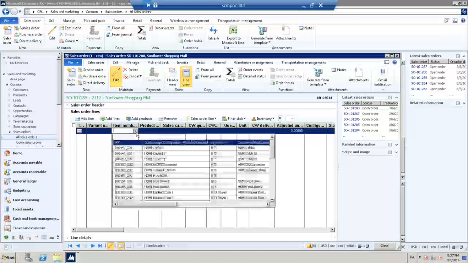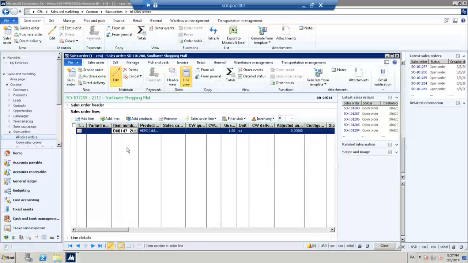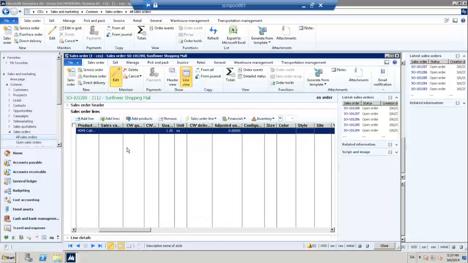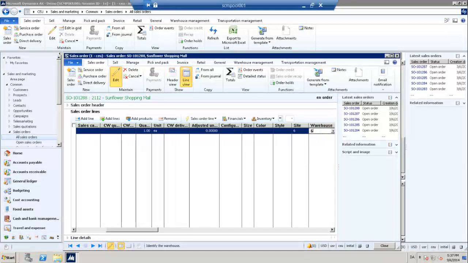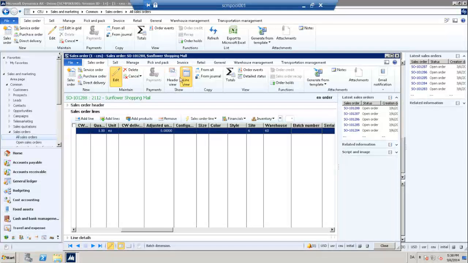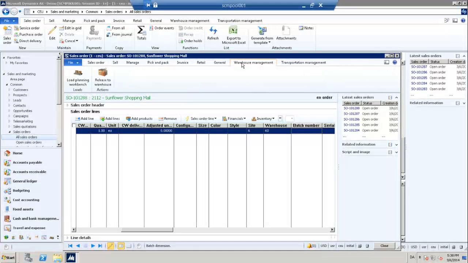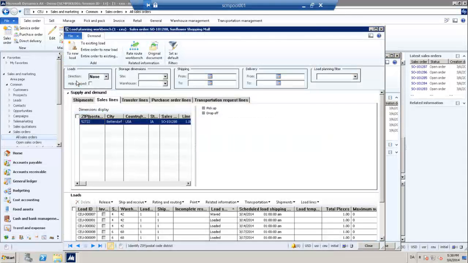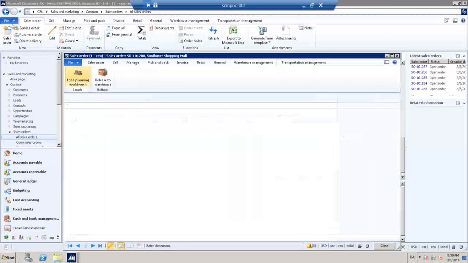Take an item. And I can either do the transportation planning from here and add it to a load, create a new load, or what is more interesting is if I go to